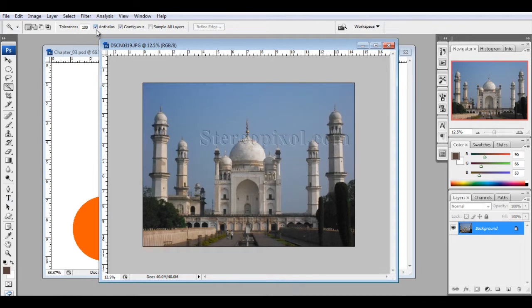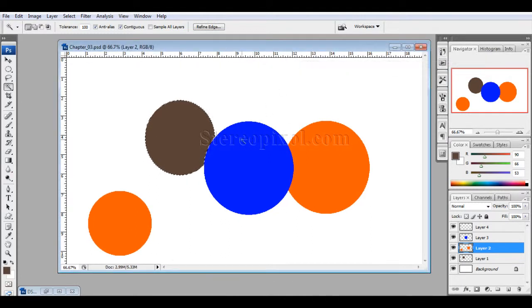So anti-alias, that's the same that I've discussed in chapter 2. Please refer to chapter 2 there, because that's the same thing over here. And the contiguous, that is a very, very important one. What does contiguous mean? Now I have to get back to this one. Now the meaning of the contiguous is whether I'm going to